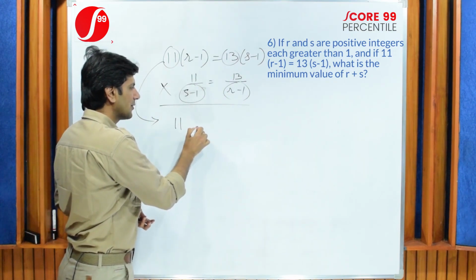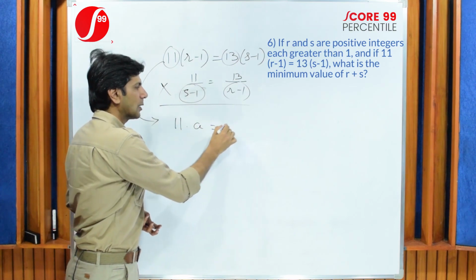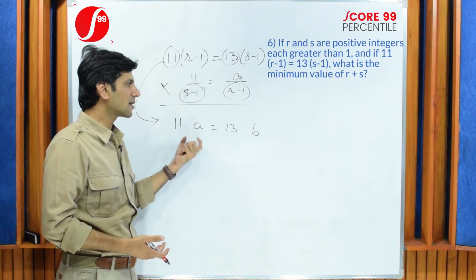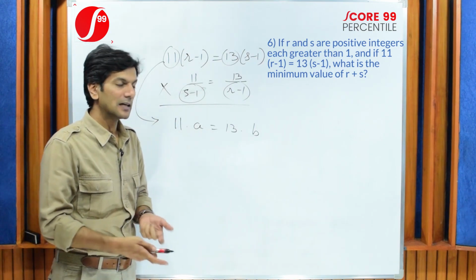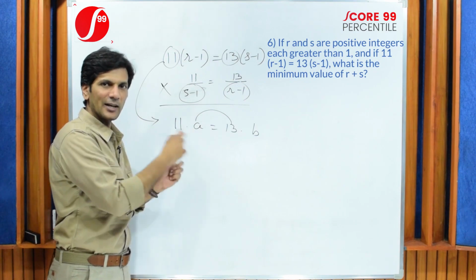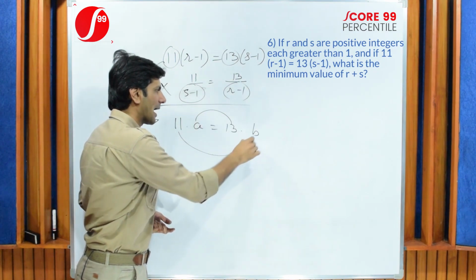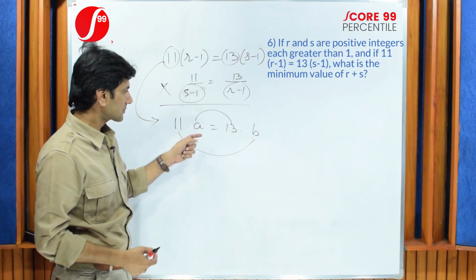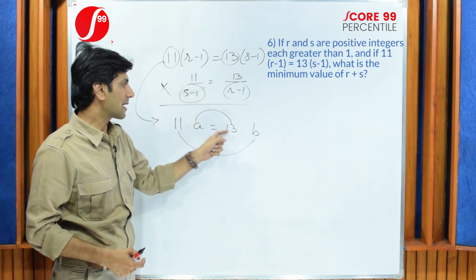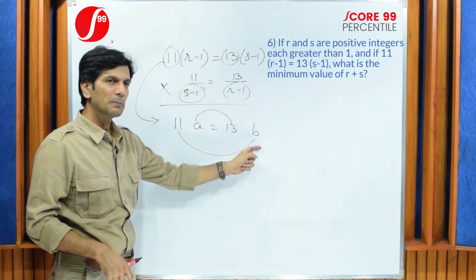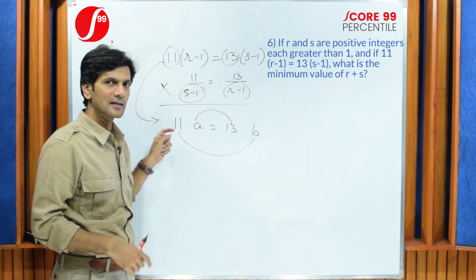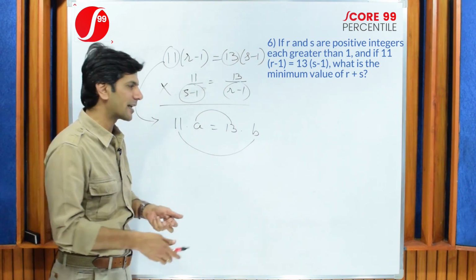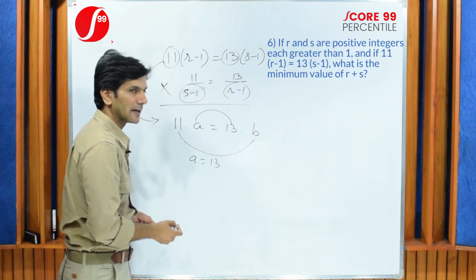So here we are saying 11 times some value A equals 13 times some value B. That's what we are saying. So an 11 multiple equals a 13 multiple. How is that possible? That's possible when A actually equals 13 and B actually equals 11, or A should be some multiple of 13 and B should be some multiple of 11 such that